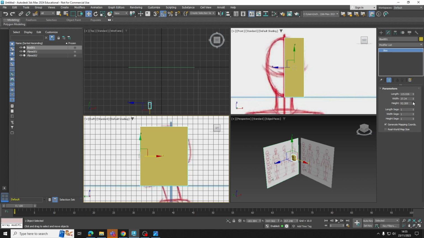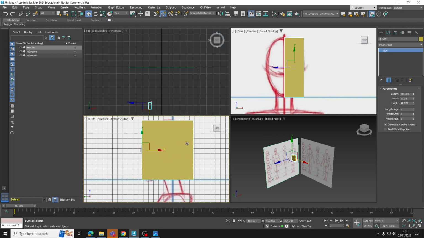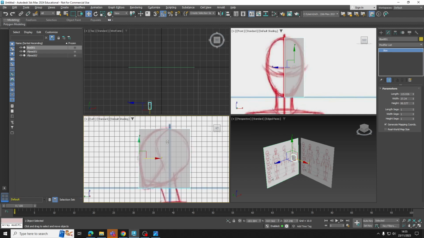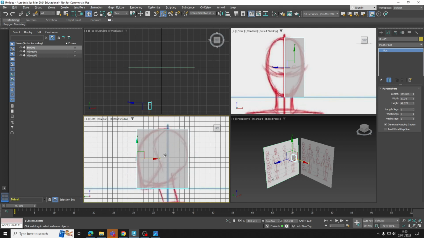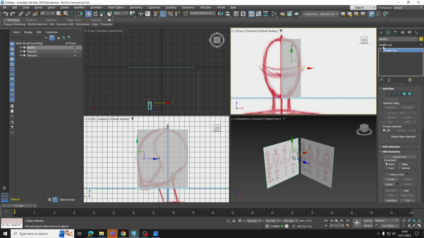Okay, and as you can probably notice, it becomes a bit difficult straight away because I can't see the image underneath the model. Okay, so in order to add some transparency so we can see through our model, what you need to do is with the model selected, do the Alt and X, and as you can see that adds the transparency to the model. And you can do Alt X as many times as you want to toggle that transparency on and off. Okay, but it's quite useful to have it transparent so we can see what we're working with. So we've got a box that's the right scale that way, and it's the right scale this way. So now I'm ready to convert it to an editable poly